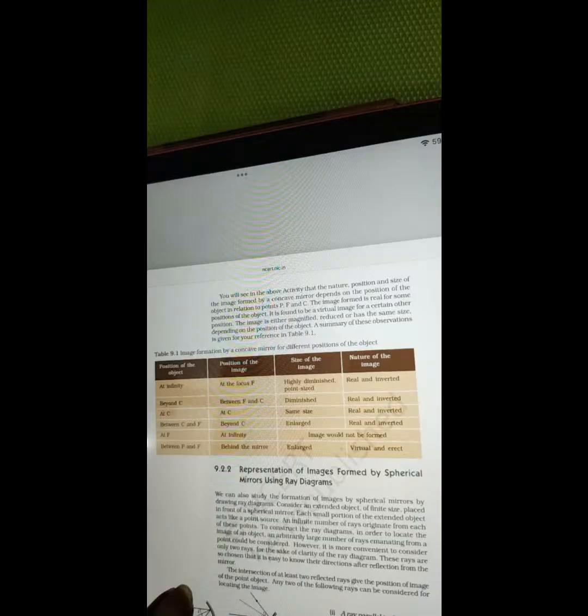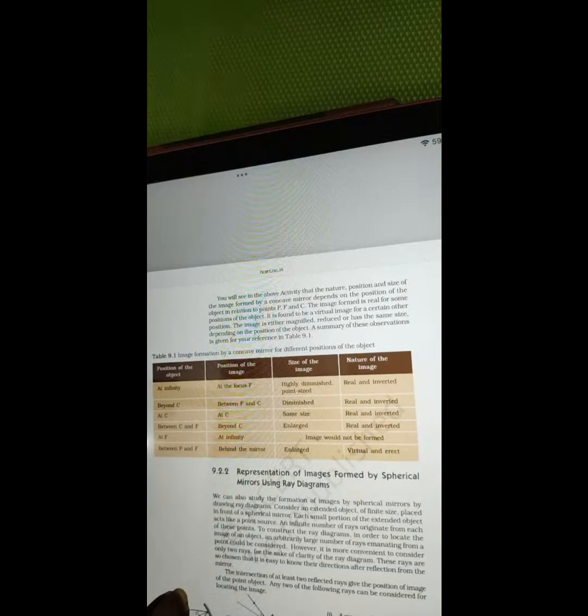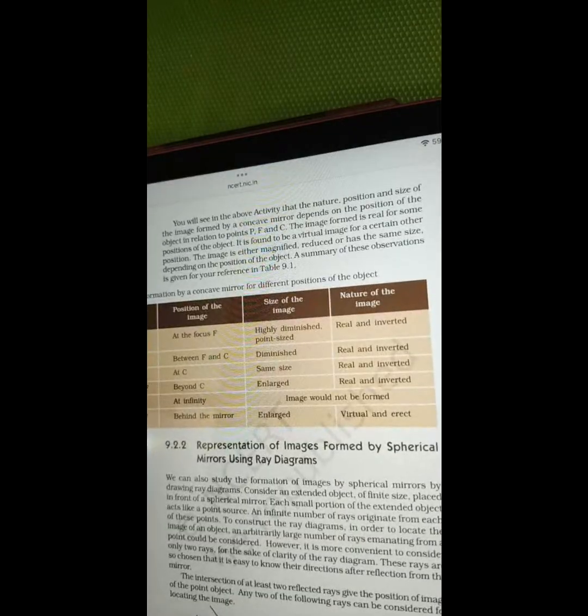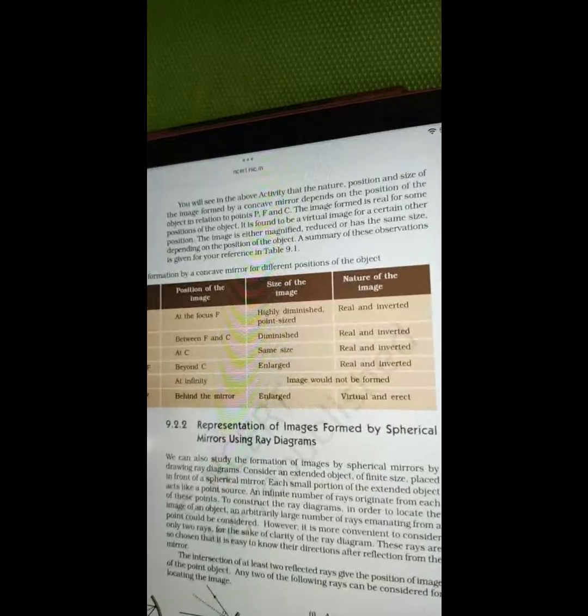If you place the object between P and F, the image will be formed behind the mirror. The image will be enlarged, virtual and erect. This is a special case of the concave mirror, the only exception. You need to understand it thoroughly. Now,